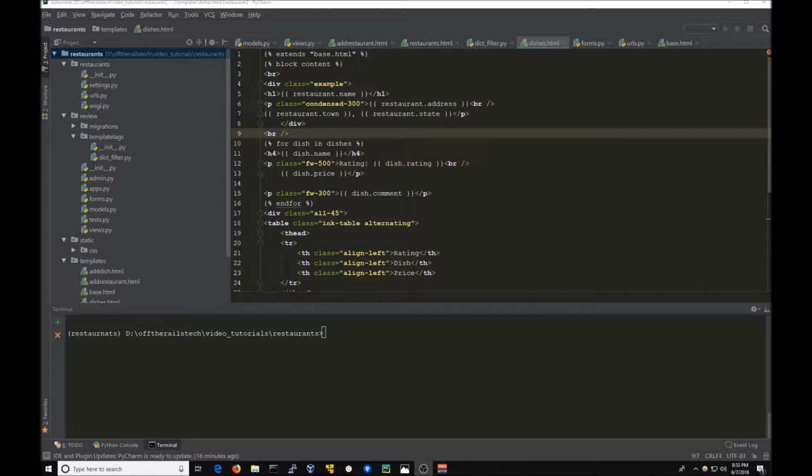We're going to be doing something we should have done a long time ago. This is something that should have been done in video 1. It's something I neglected to do. It's a very good idea to do this, especially when you start a project, and that is to use Git